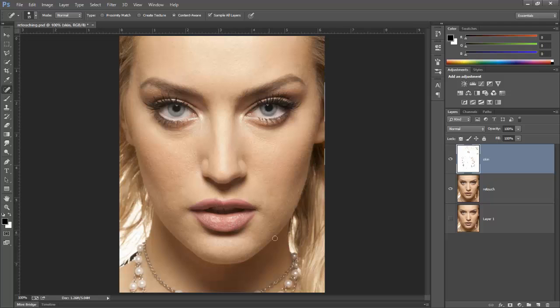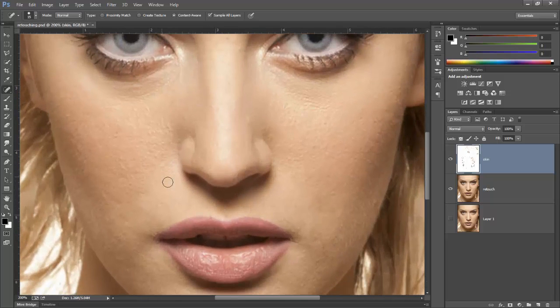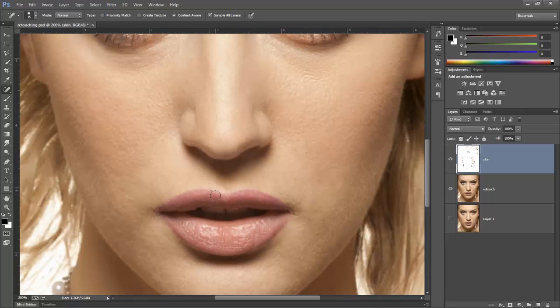You can see we've got a little bit of a blemish on the lip, and every time I come to do it, it's not quite doing what I want. So I'm just going to zoom in here. Let's scroll down to the lip, and what I need to do is perhaps just decrease the size of my brush. Sometimes that's enough to do it. In this case it's not quite working, so I'm going to use the healing brush tool, and once again I'm just going to decrease the size of it. I need to ensure that I sample